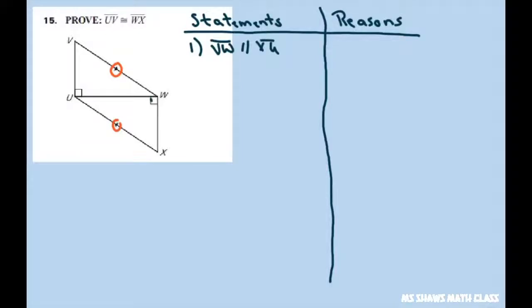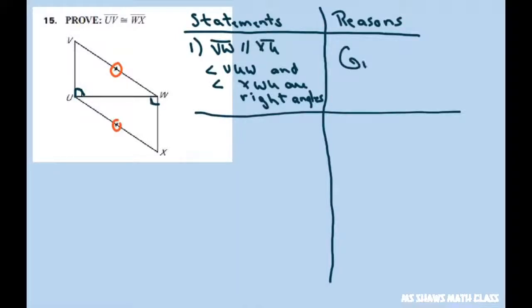and I also have this part marked, so I can say that angle VUW and angle XWU are right angles. So that's a lot of givens. All of that is just one big given. All right, for number 2, I can say that UW